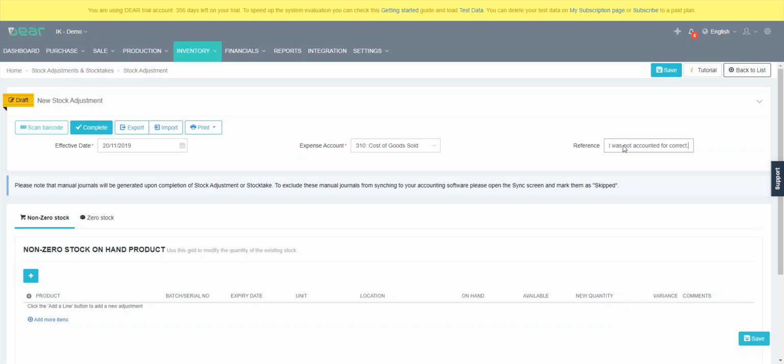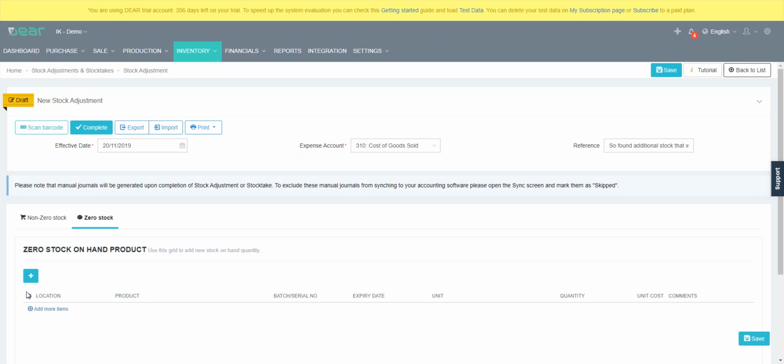Now, my other question would be, if you're doing this quite regularly, your stock taking and stock control processes in the business most definitely need to be reviewed, because it does point to a very loose stock control in your business. Then you would go to stock on hand, and you would simply choose which location you found it at,